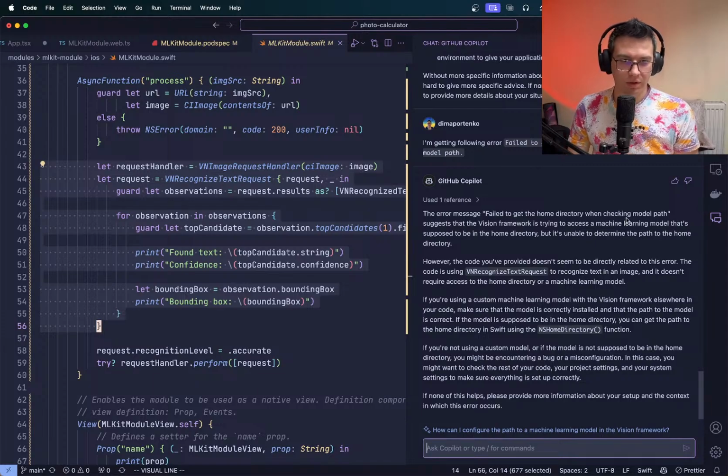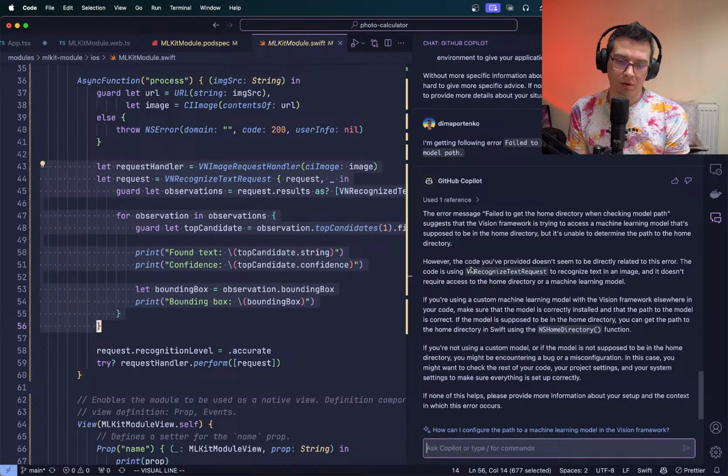Vision Framework is trying to access a machine learning model that's supposed to be in the home directory, but it's not able to determine the path to the home directory. However, the code you provided doesn't seem to be directly related to this error. The code is using it to recognize text in an image and doesn't require access to the home directory or a machine learning model. If you are using a custom machine learning model with the Vision framework in the code, make sure that the model is correctly installed and the